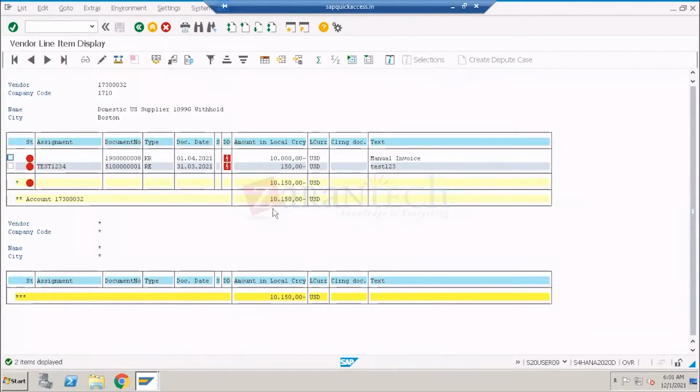So last week we discussed here that the payment due is going to be overdue. We can see it is overdue. The overdue tells about, for example here, this is the document we posted last week, 51001, and the total amount is 151. When I go to this particular document,